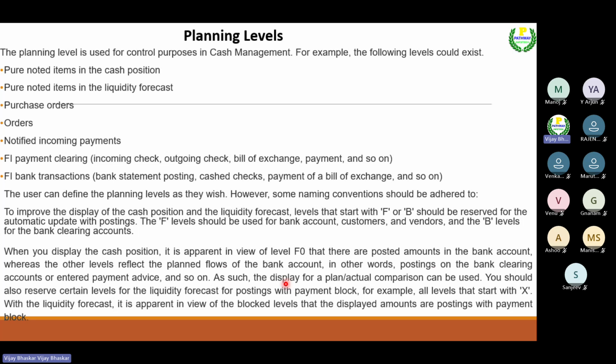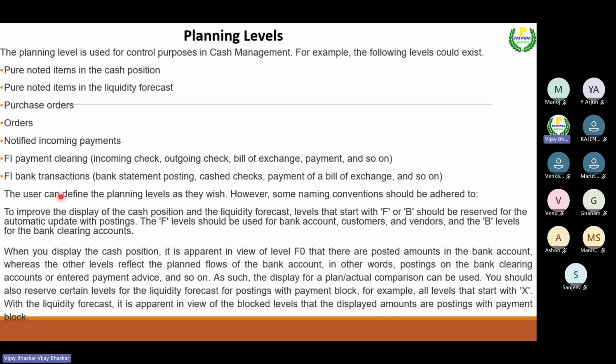The point which I have highlighted here. For example, all levels that start with X with the liquidity forecast appear in view of blocked levels. That is a display for amounts that are posting with payment block. So now this point, right, if I explain more and more, it may cause a bit of